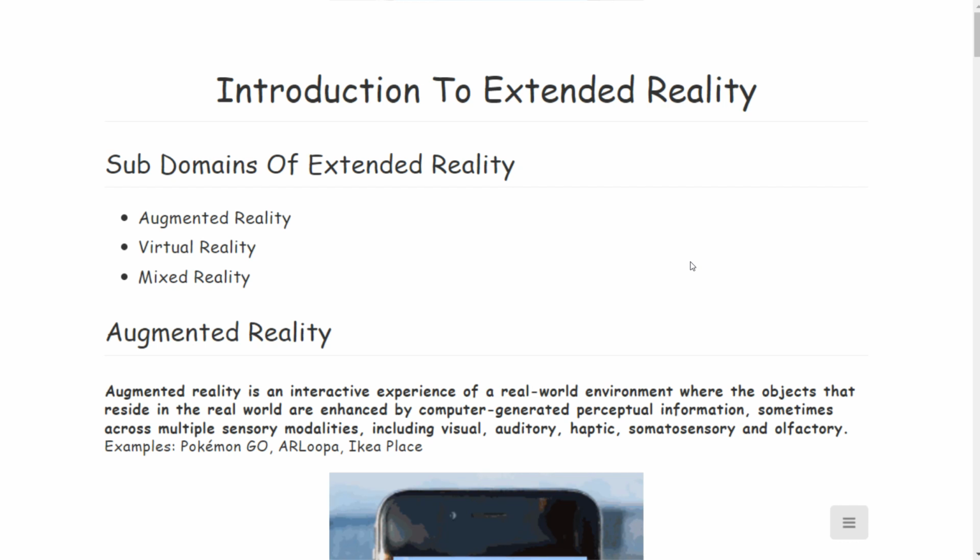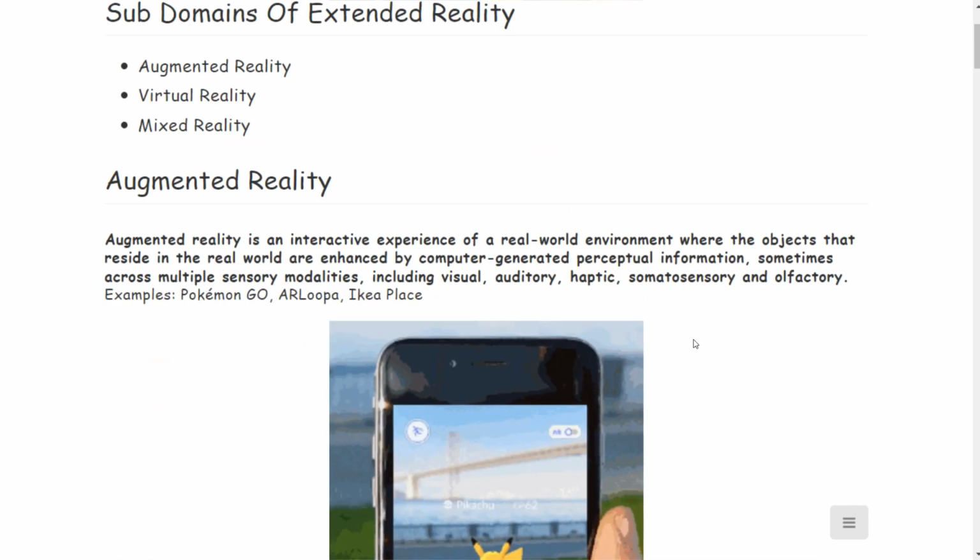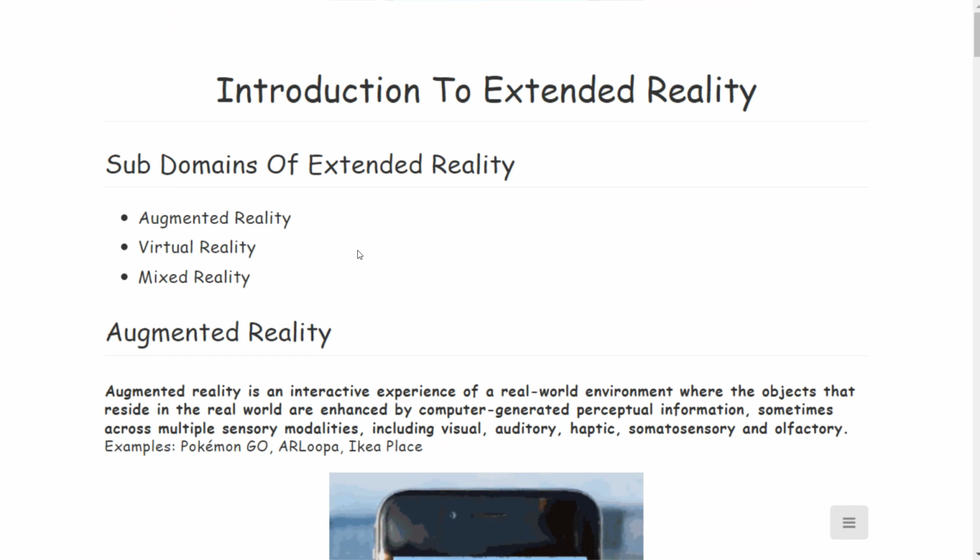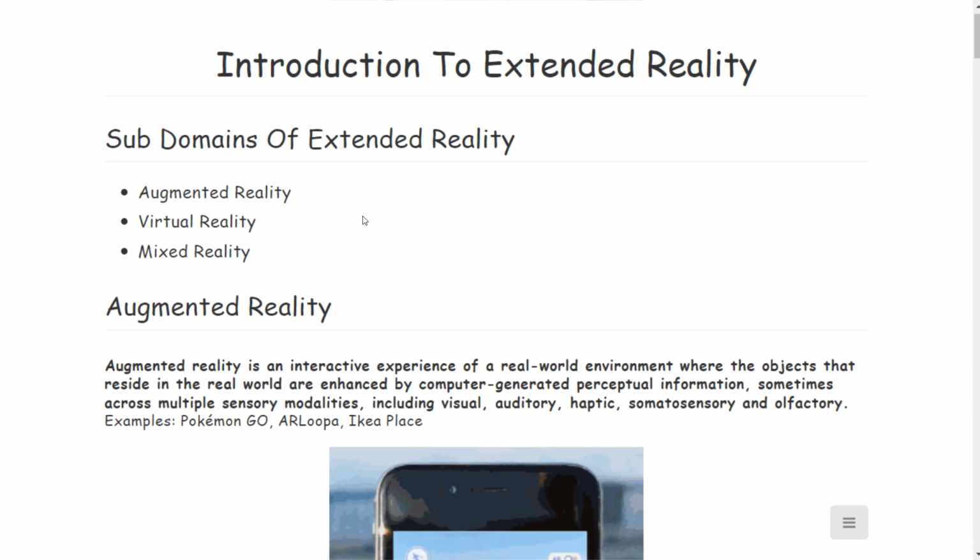You can say extended reality is the hood, meaning it is the roof, and that roof has three children. Those three children are named augmented reality, virtual reality, and mixed reality. So, extended reality is the main hood, and it contains three other domains: augmented reality, virtual reality, and mixed reality. Extended reality is the parent domain. Now, as we have understood what exactly extended reality is, and what the subdomains of extended reality are,